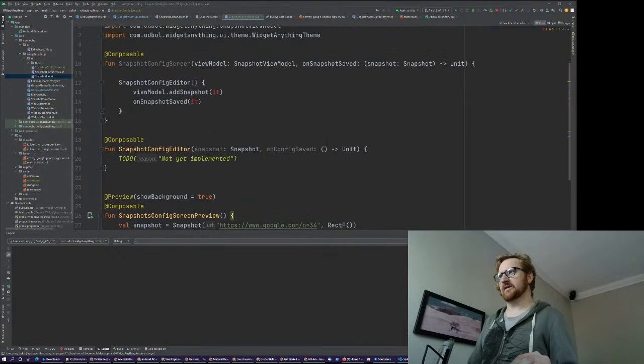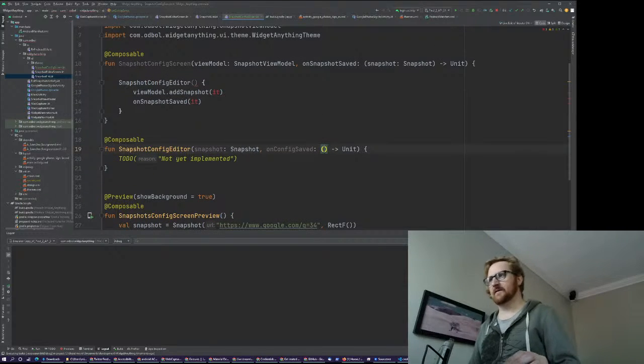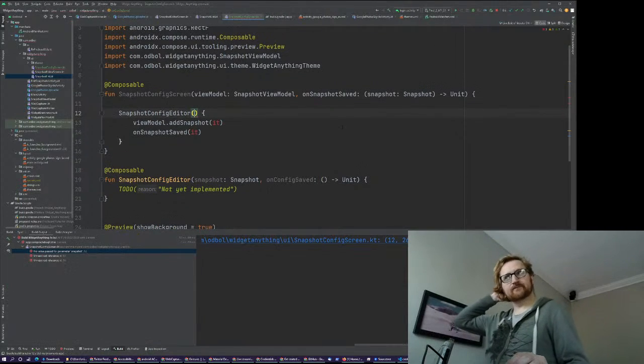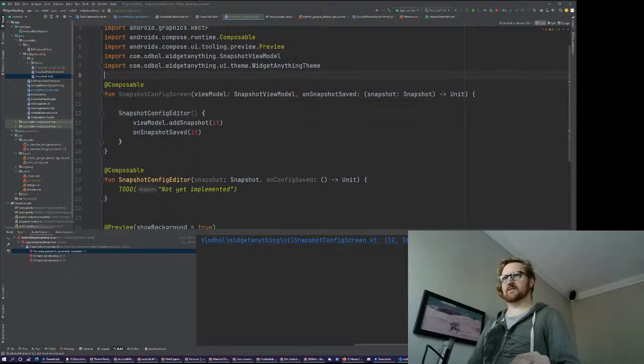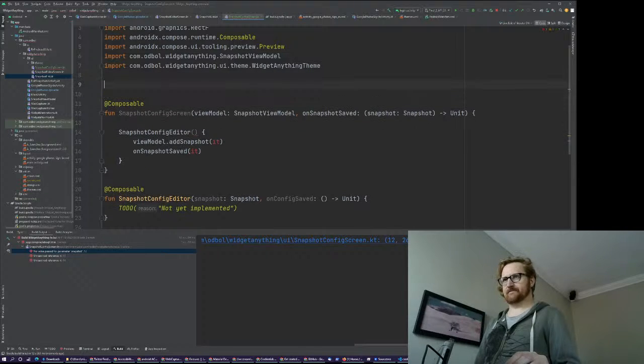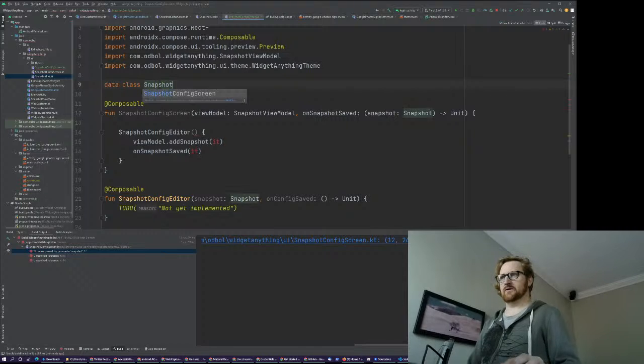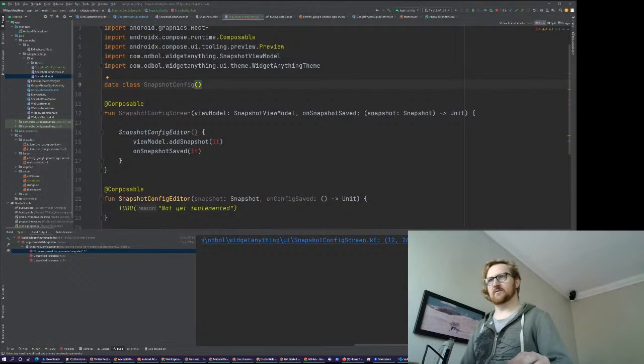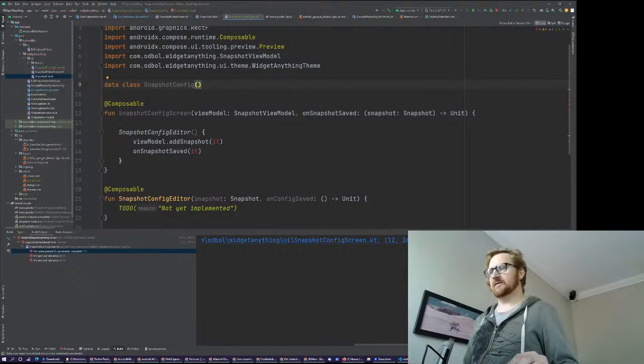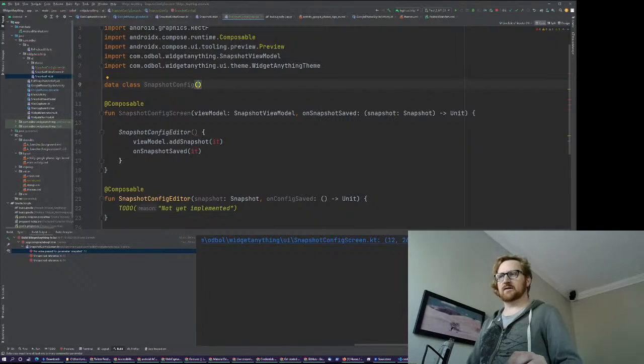Oh, okay, so this is actually going to pass a snapshot config. Now you really shouldn't put your models in with your view code, but I'm just doing that for now because it's cheaper and easier. So basically for the config, we're going to want like